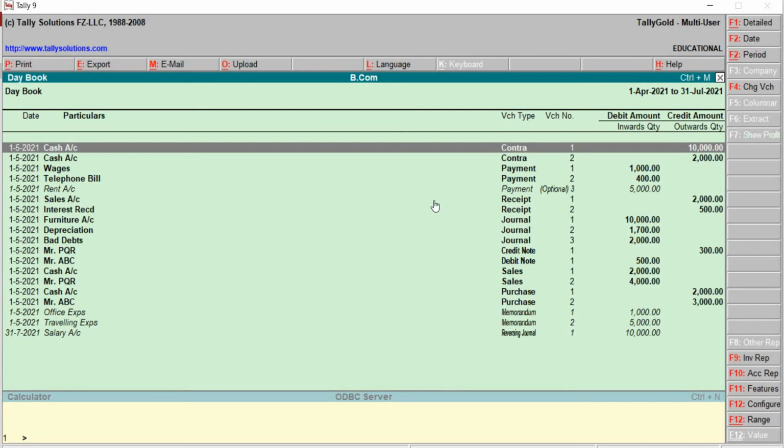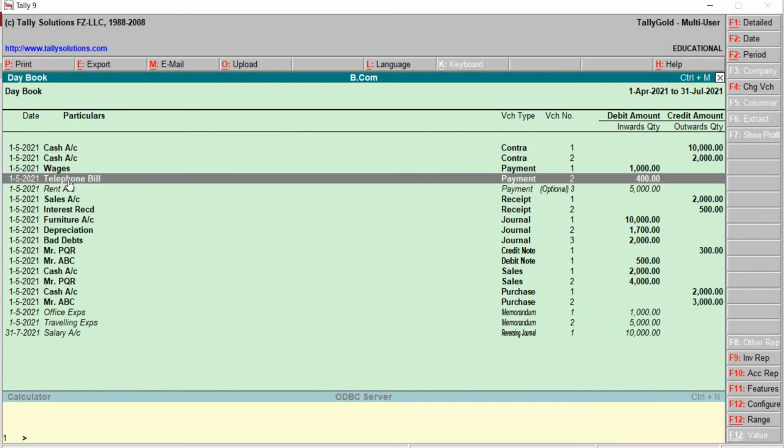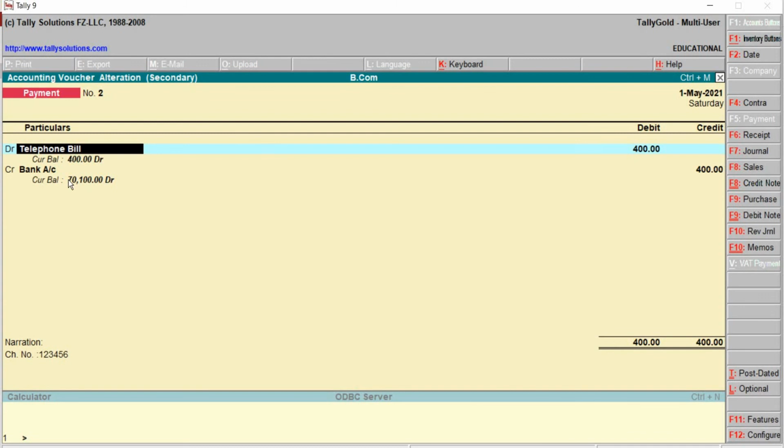Let's take here the payment voucher, that is telephone bill. Okay, we will do some changes. Instead of 400, I just make here 800. Credit bank account 800, right?